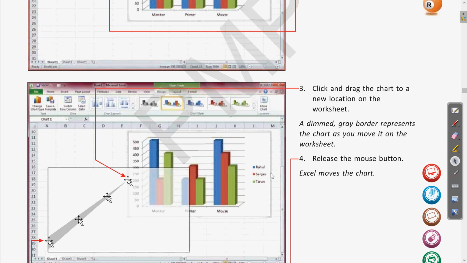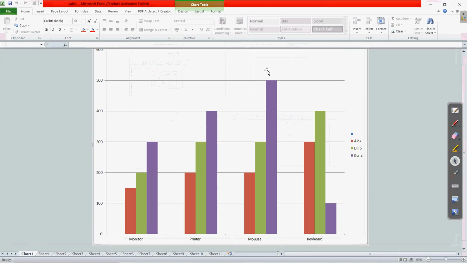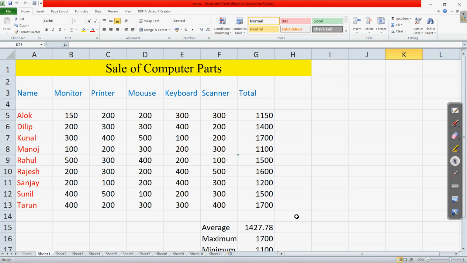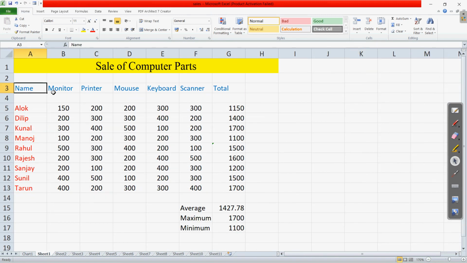Let us try to do this. If we come to the previous chart, this was the new sheet which we transferred to. In case you want to position the chart in the same page, let us try. Suppose I again select the similar type of data and create it once again.